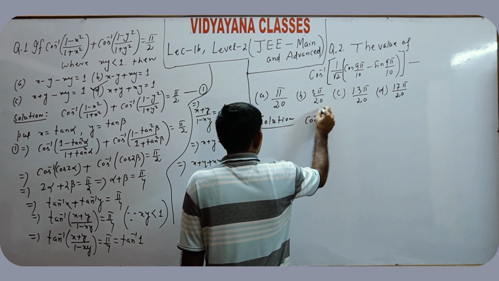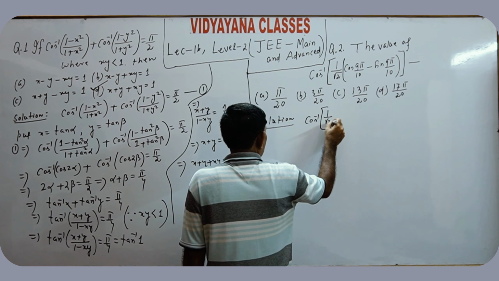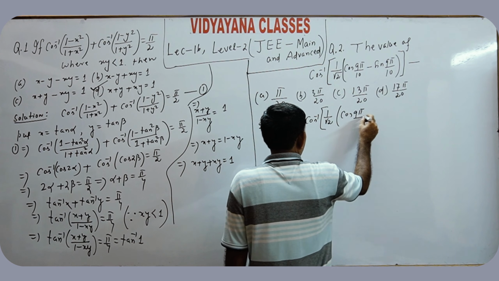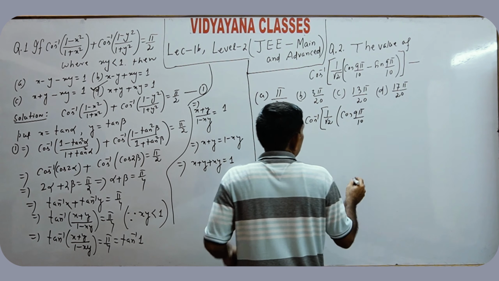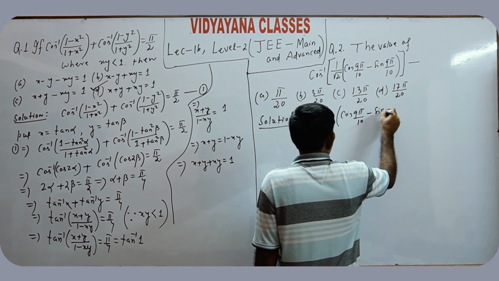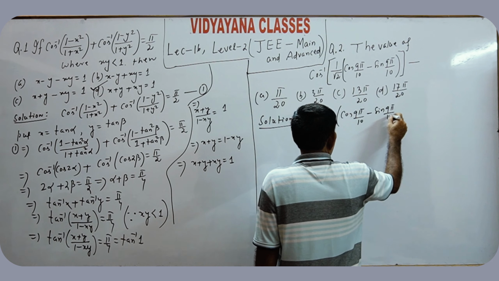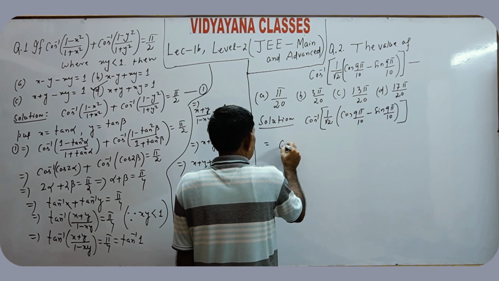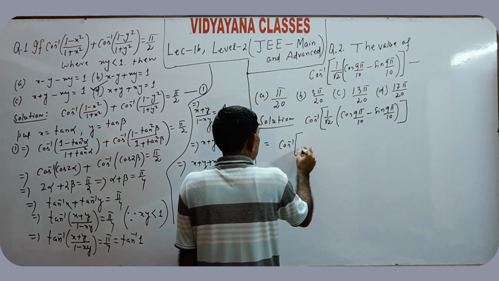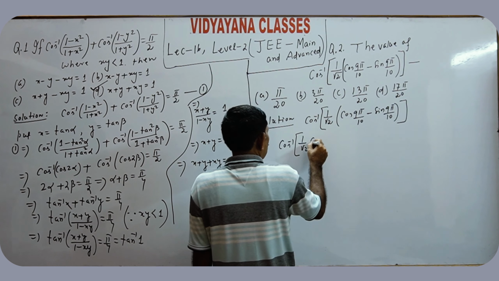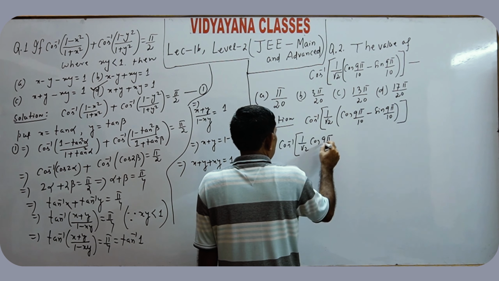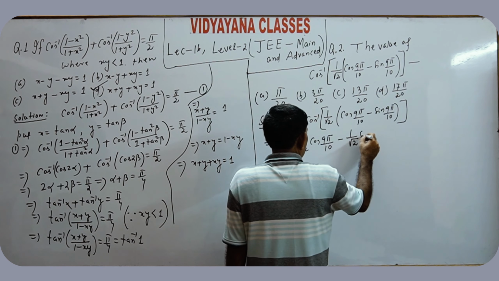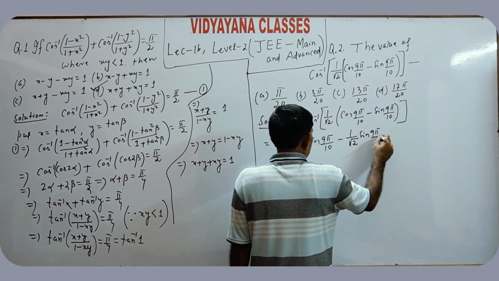Cos inverse [1 by root 2 (cos 9 pi by 10 minus sin 9 pi by 10)], which is same as cos inverse [1 by root 2 cos 9 pi by 10 minus 1 by root 2 sin 9 pi by 10],